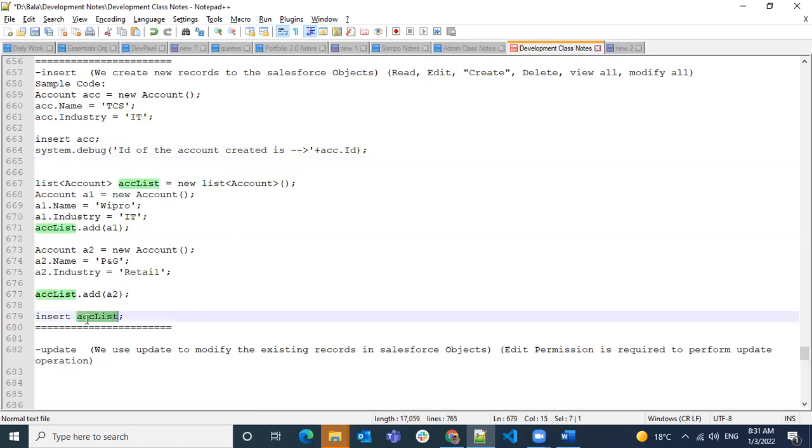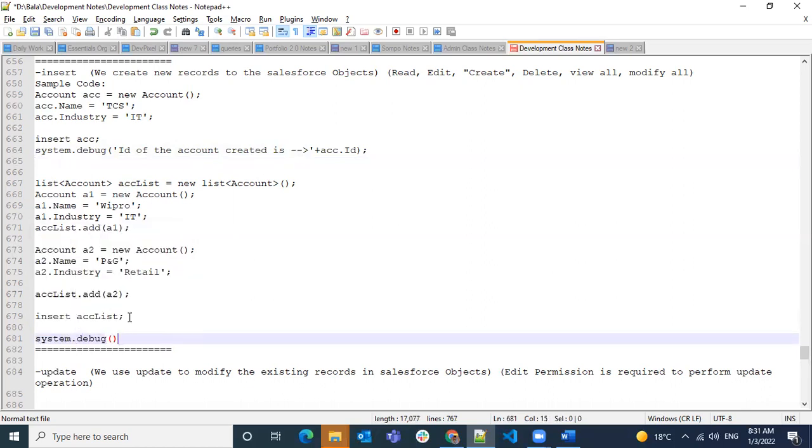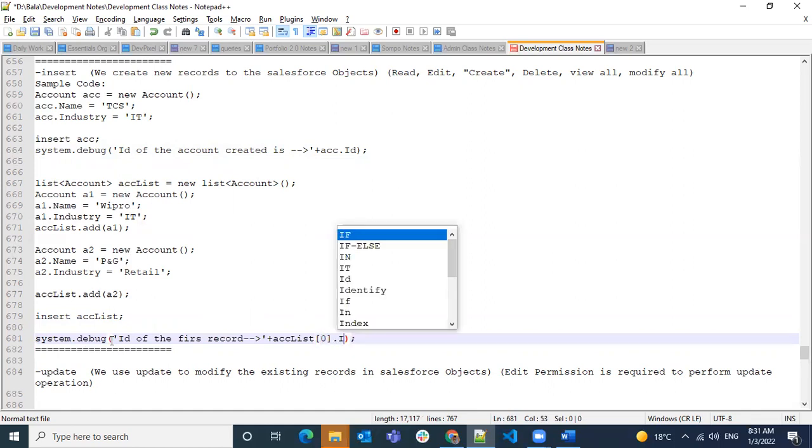Similarly, in the list also, an ID will be added to it. So in this we have to use index 0 and then ID.